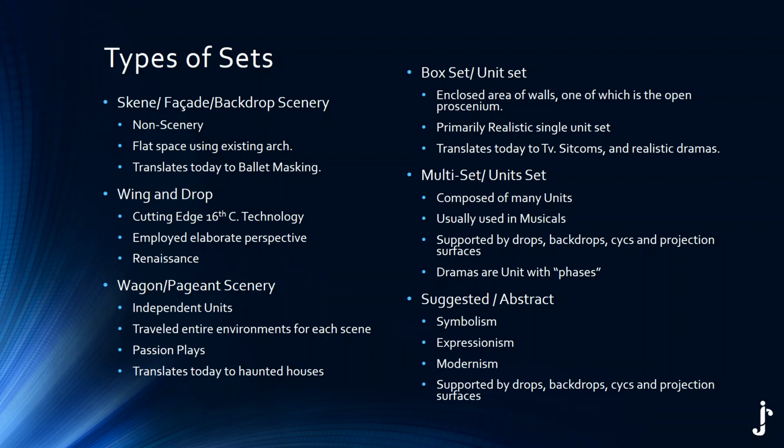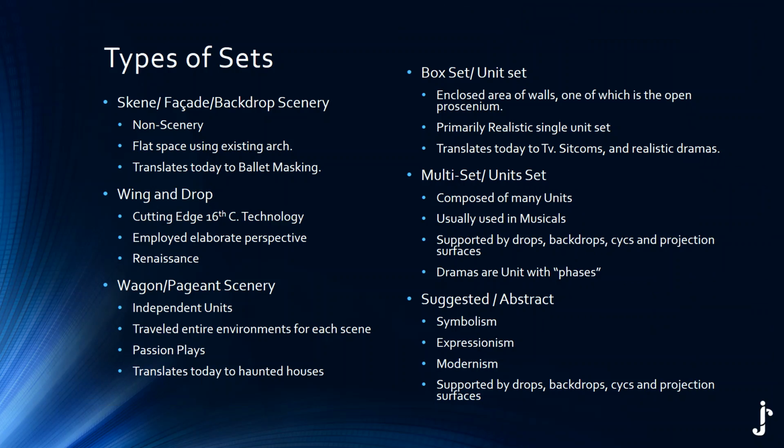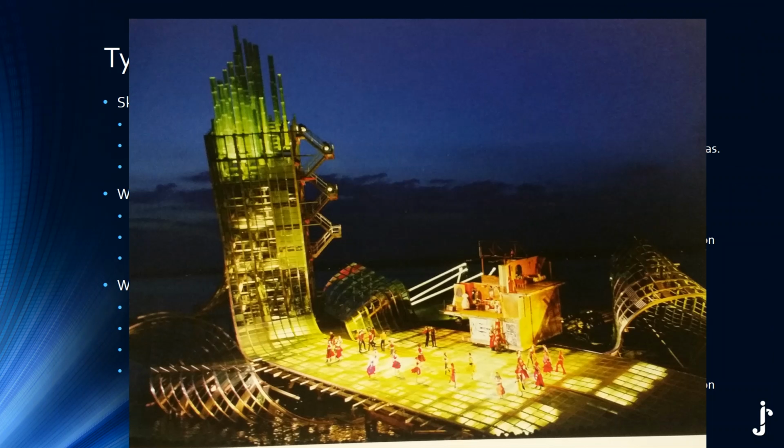Yeah, understand. So the abstract sets can also be supported by drops, backdrops, projections and surfaces. And just because I love this picture, it can be very, very big and very, very elaborate. And it can be very, very small and very, very simple. So when you're talking about the big categories, you have a box interior, multi-set unit, and an abstract representation. And then these three